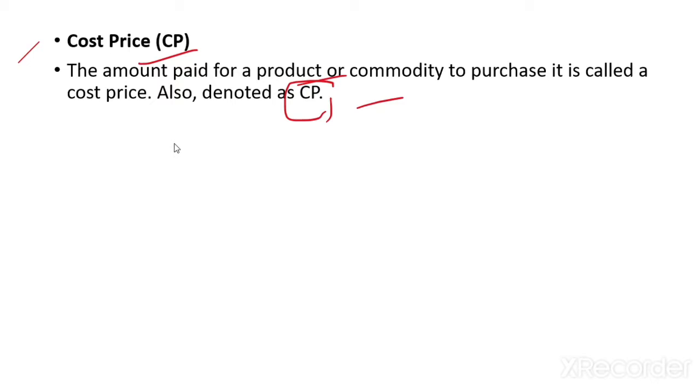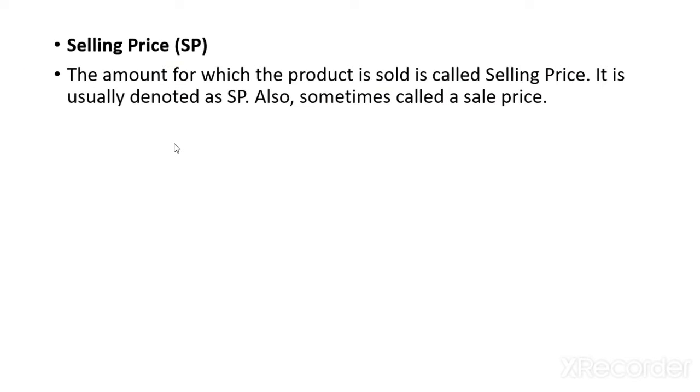If you are buying something and the cost of transportation is also included in it. Suppose you are buying a TV for 10,000 rupees and you are paying 200 for transportation charges to get it to your home, then it will also be included in cost price. All the prices that you are paying to get what you need come under cost price. Selling price, the amount for which the product is sold, any product,